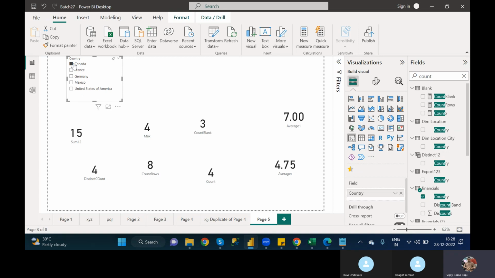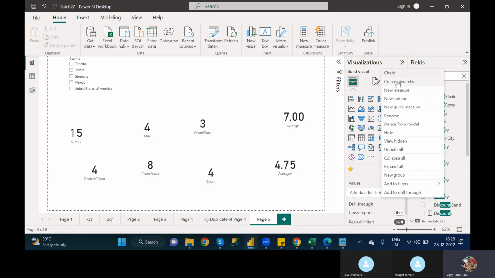If I'm not selecting any value, then we can treat it as not filtered. See here in this visual, did I select any value? No. That means I am not filtering any value. If you select any one value, it is filtered. If you're not selecting any value in that column, it is not filtered. Understand? So in this one, what we need to do is